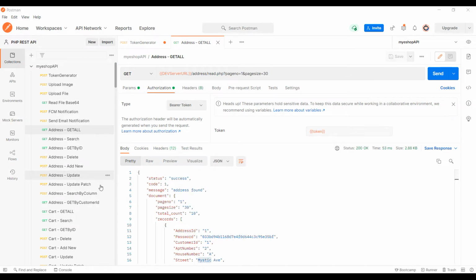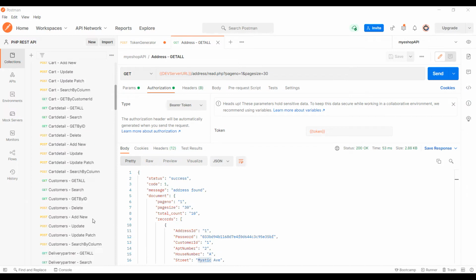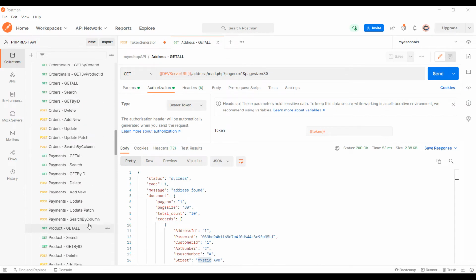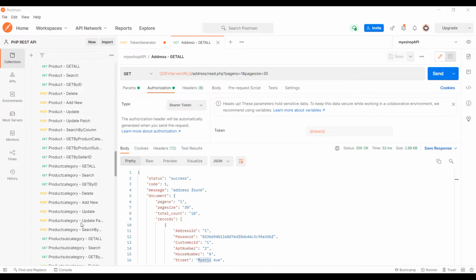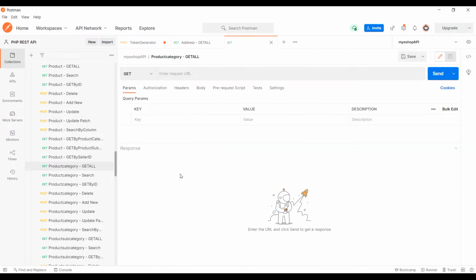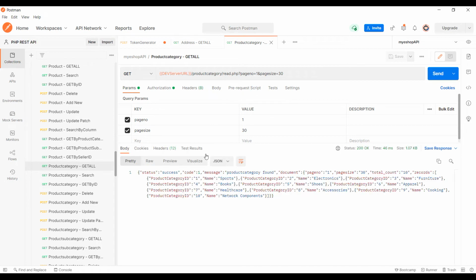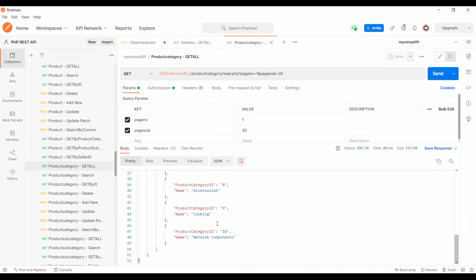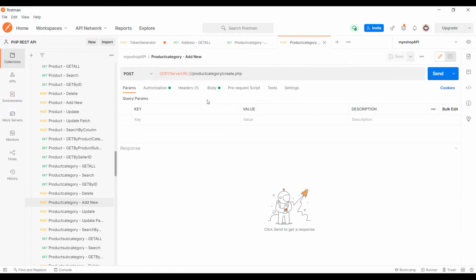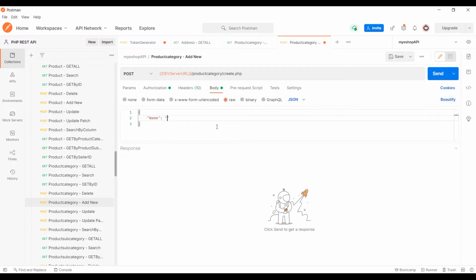Okay, let's try to create and update some data. I'll take a small example of product category because I need some very basic data. If I do a get all on product category, I have this many product categories, and I want to add a new product category. This is the body I need to pass, the name of the product category.